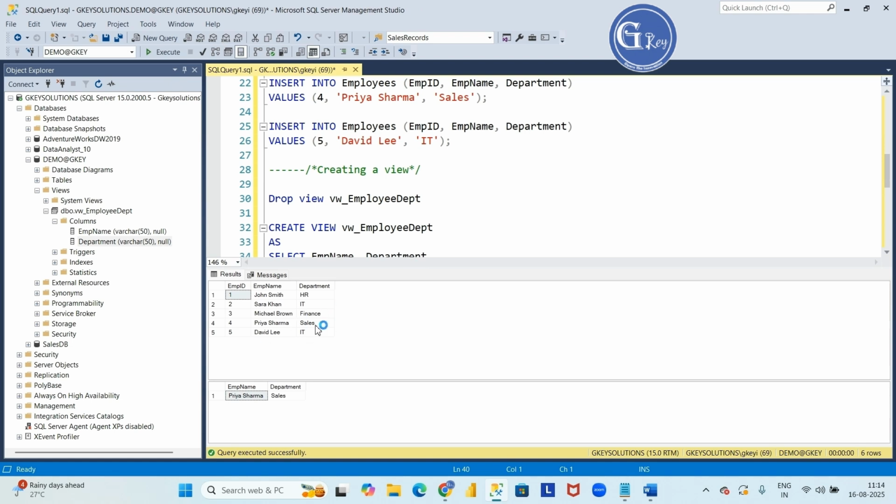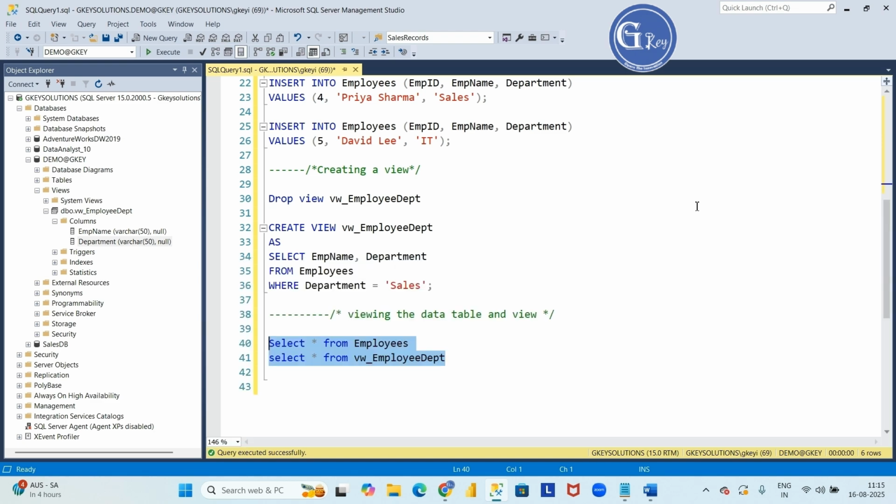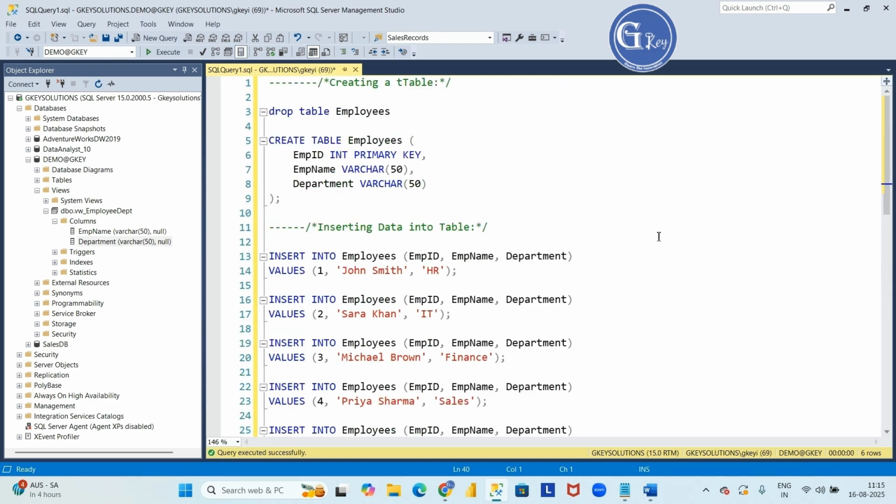By executing these queries, we can see that the table contains 5 records, whereas coming to the view, we have created a view on department sales. Here it filtered only sales department data. In such a way, it has a single record in the view query. Okay, in this way, the view is a kind of virtual object that is created based on the underlying tables. Like here, the view has been created on the underlying table called employees. This is how the table and view differ in their ways and